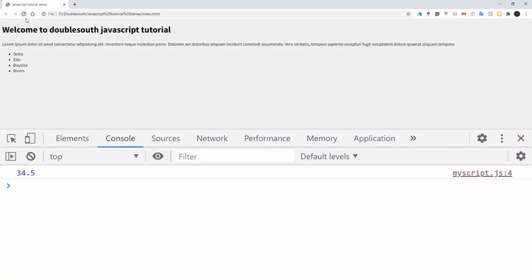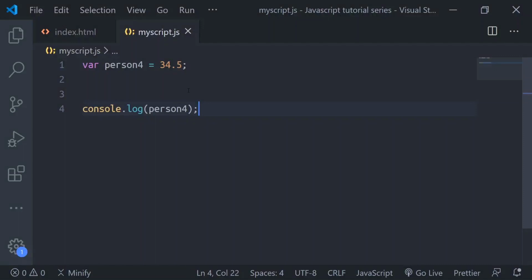If I go back now, you see it shows the thing for me. Also, when we declare a variable inside JavaScript, if you use special characters like minus or times, it will not work. So just use a name that makes sense.